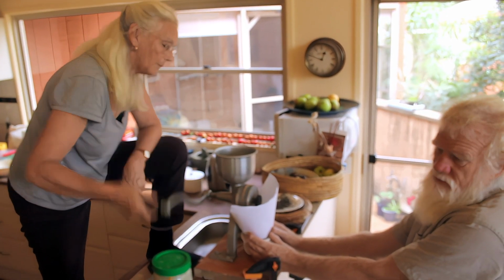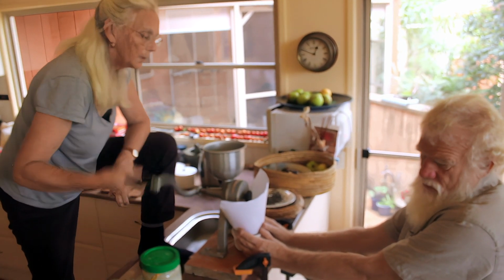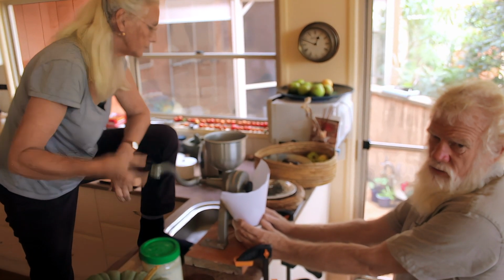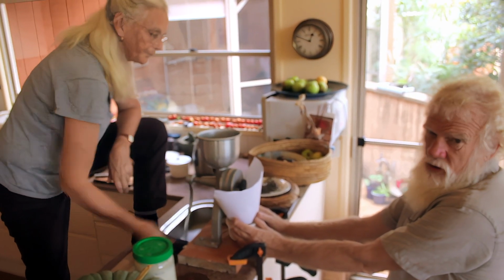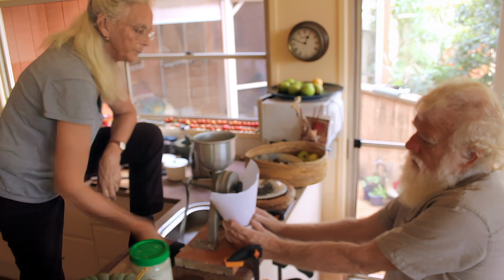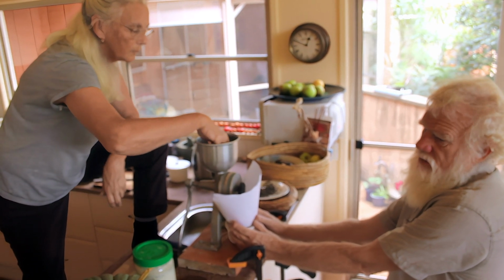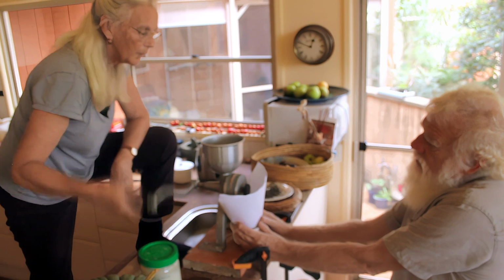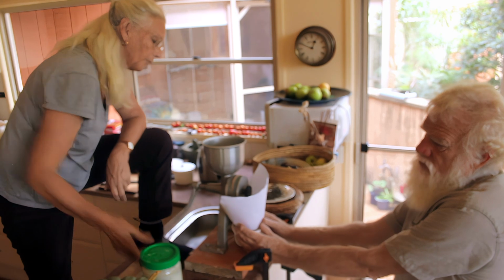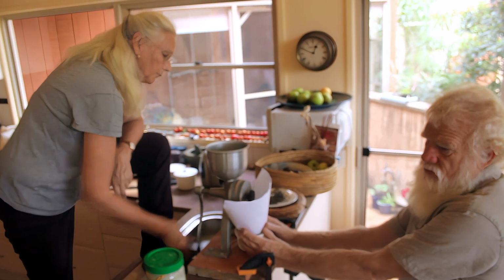There is a method of milling that doesn't use friction quite as much, which keeps the flour cool, keeps the seed cool, and then the oil isn't released, so then it's got longer shelf life. And so we're looking at commercial millers who can use that method. But doing it like this is kind of semi-ridiculous in terms of labour, but it's the only way we can get enough seed to